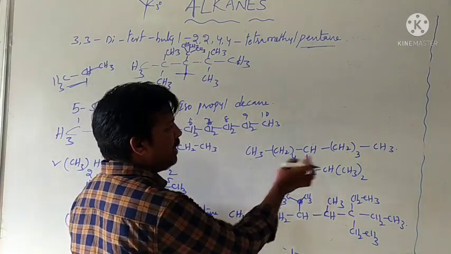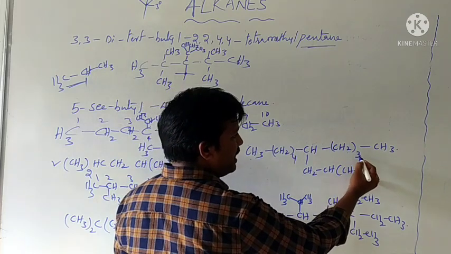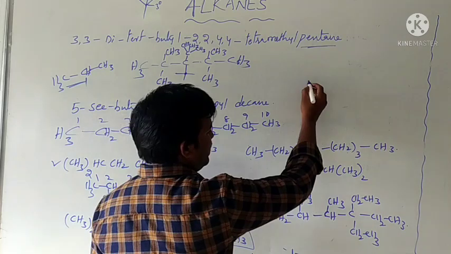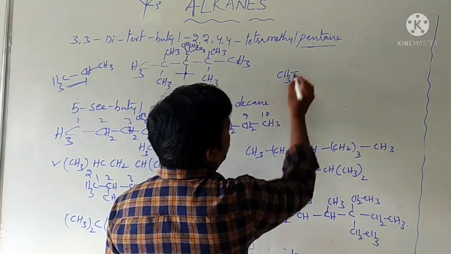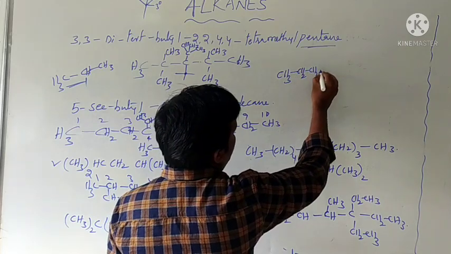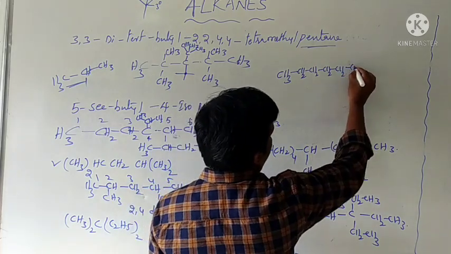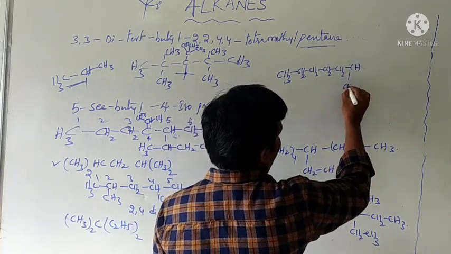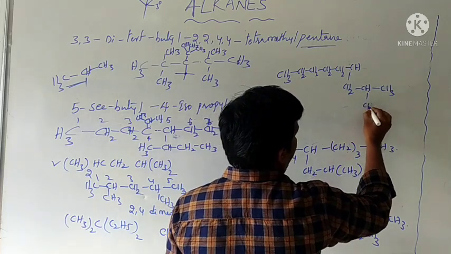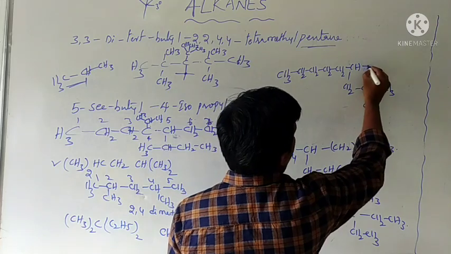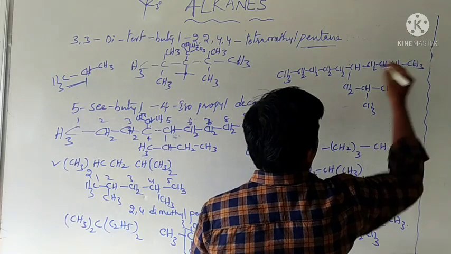Then we go for this structure. Okay. Therefore, the elaborated form of this structure: how many CH2 groups are there? 3 CH2 groups here. Therefore, see here the elaborated form: CH3, CH2 groups are 4. Therefore, CH2, CH2, CH2, that is CH2. Okay, and CH which is attached with that is CH2 and CH and two methyl groups CH3 and CH3, and another CH2 groups are three: CH2, CH2, CH2, another CH3.